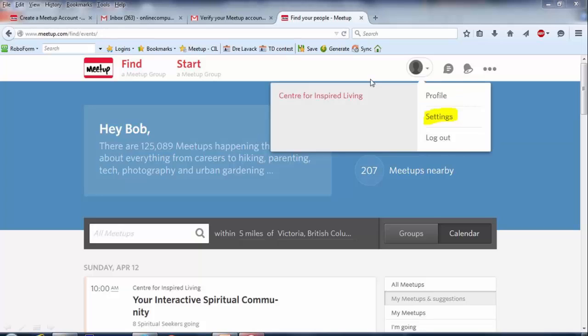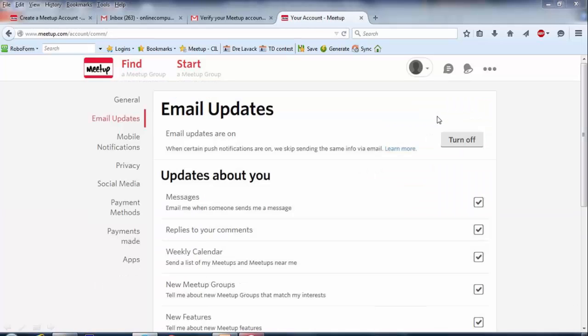Okay, so here, if you click on this circle, your picture will show up. I've highlighted settings in yellow. Now, it's not going to be highlighted on your screen. I simply did that with a marking tool in my image software, just to highlight what to click on